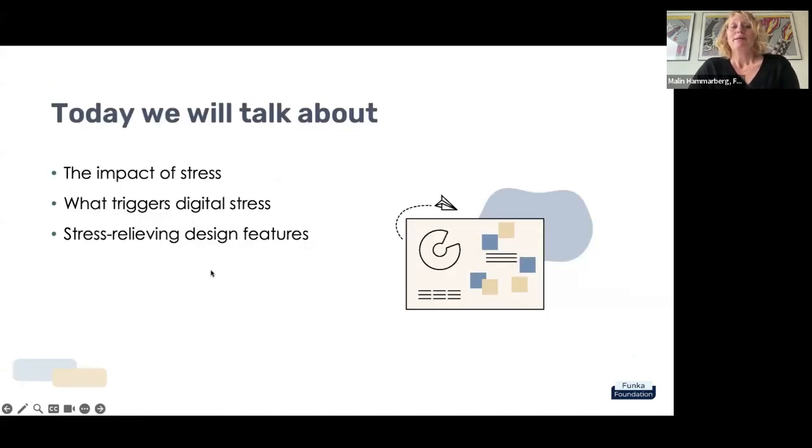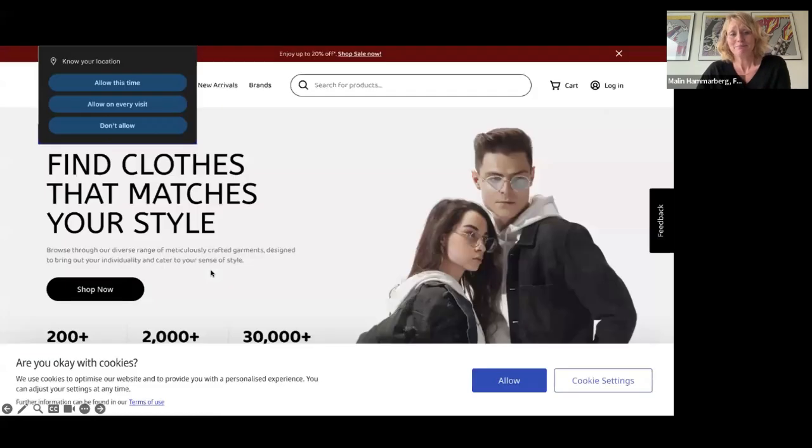Today we will talk about the impact of stress, what triggers digital stress, and stress-relieving design features. I think all of us have felt stress online. And why does that happen? Well, to set the scene,